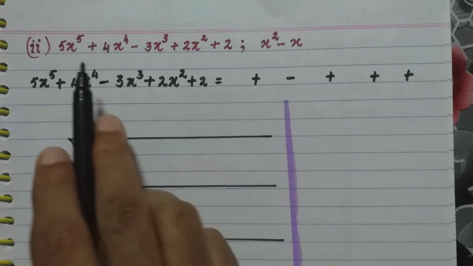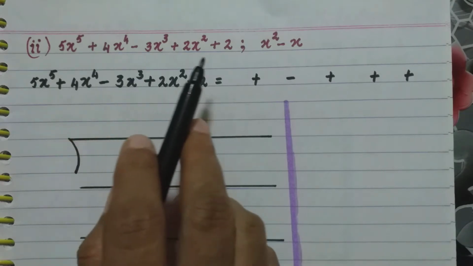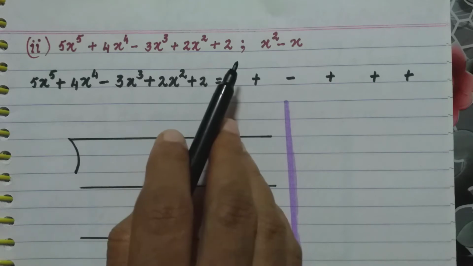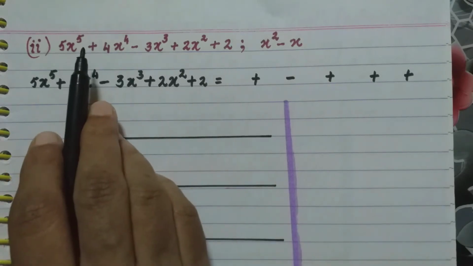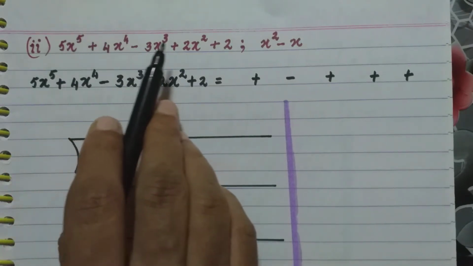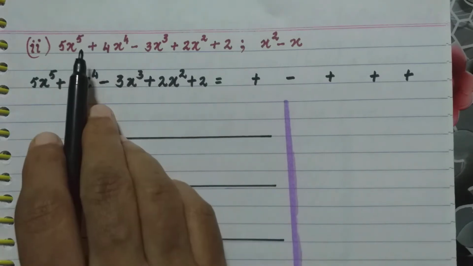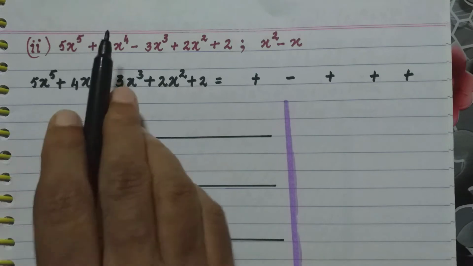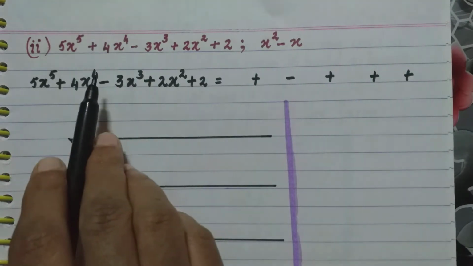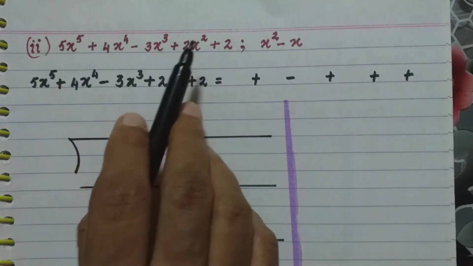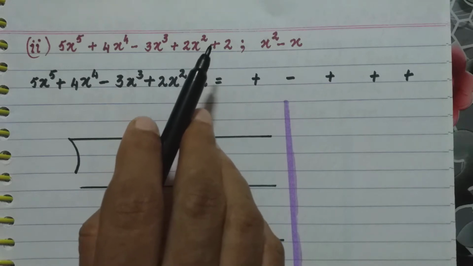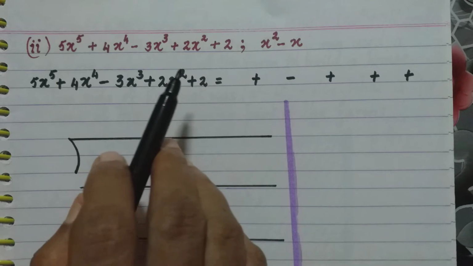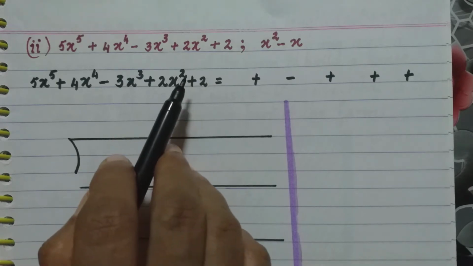Now, if you see here, first we have to look at the dividend and see whether all the powers of the variables are represented. The highest power is 5 here, 5, 4, 3, 2, and this is a constant. Okay, so 5 is the highest, so we start with that. 5 is there, 4 we have, 3 is there, 2 is there, but x raised to 1 or just x is absent, so that we are supposed to represent.